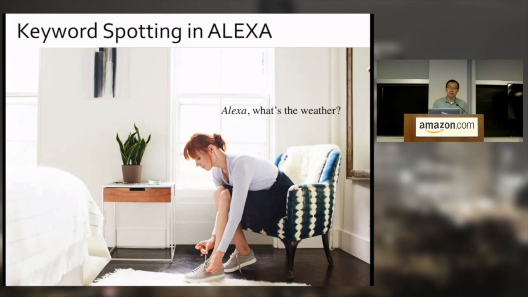Here, this picture shows a typical use case for Alexa. With the Echo Dot sitting on the stand, our customers could directly speak, "Alexa, what's the weather?" And here we deploy a keyword spotter running constantly on the Echo Dot devices, and it works on detecting the specific wake word Alexa. Once this Alexa word is detected, there will be a light on the top, and the device will stream the customer's speech into cloud for further processing, like speech recognition, language understanding, dialogue management, etc.